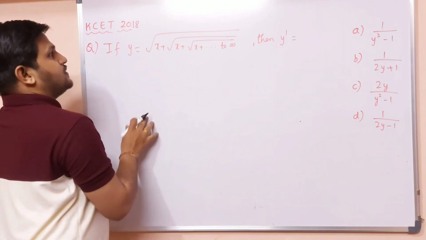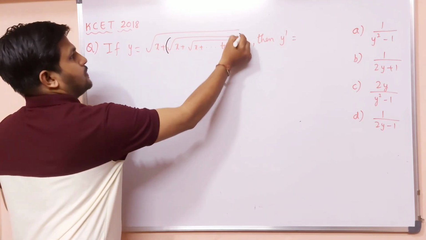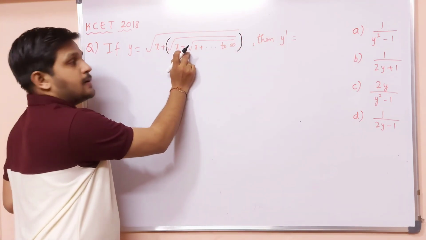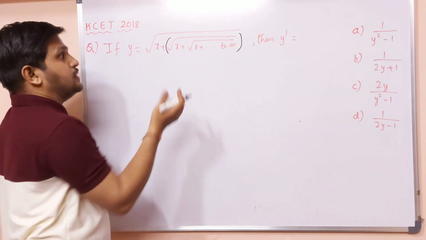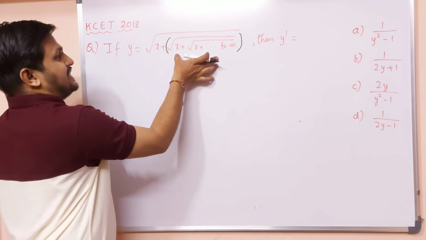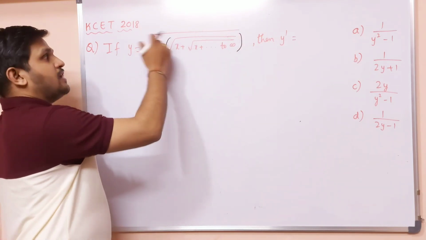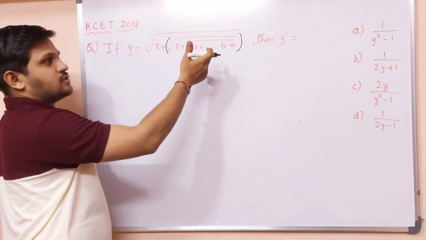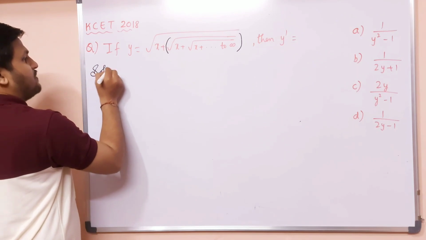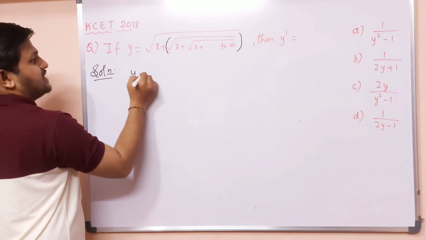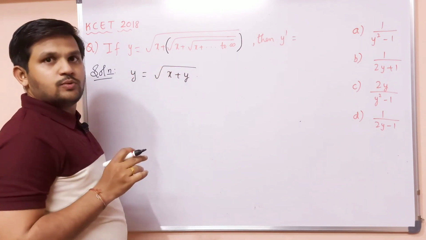So how to simplify this? So look at this function. So from here to here, again it is root of x plus root of x plus root of x, and it goes on infinite. So that means I can consider this as function y itself, because it goes up to infinite. Even if I remove one term, it does not matter, because these are up to infinite terms. So therefore this can be simplified as y is equal to under root of x plus y. Quite simple and easy too.